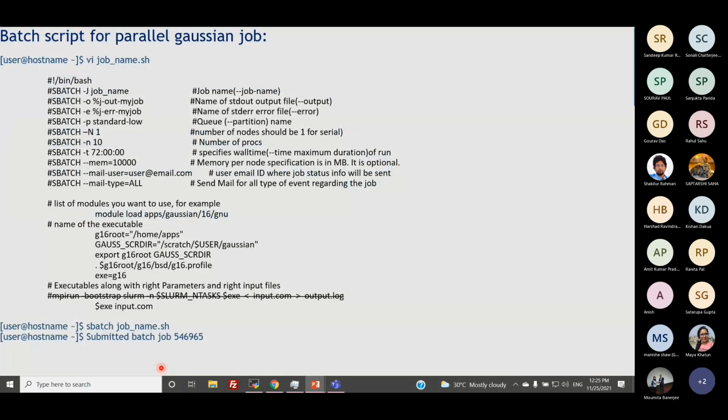Now think about a little parallel job. This is not a minimal script. In an earlier slide, you saw the job name, and these two lines are extra. This line gives you the additional output file for the respective job. If there is any additional output other than the Gaussian log file, it will be tagged with the respective job name. J means job ID. When you submit any job, you will have a job ID. And this line means if there is any error, it will be tagged with the respective file name.